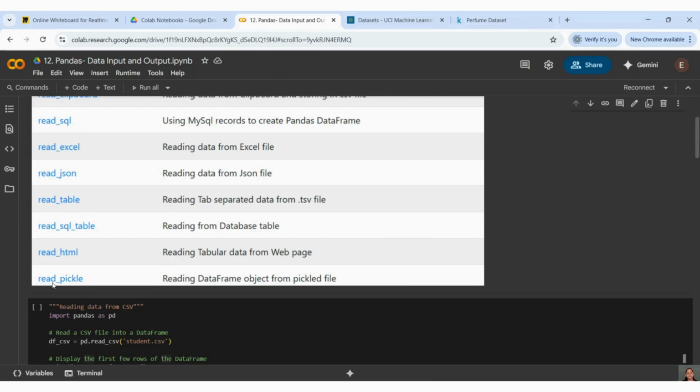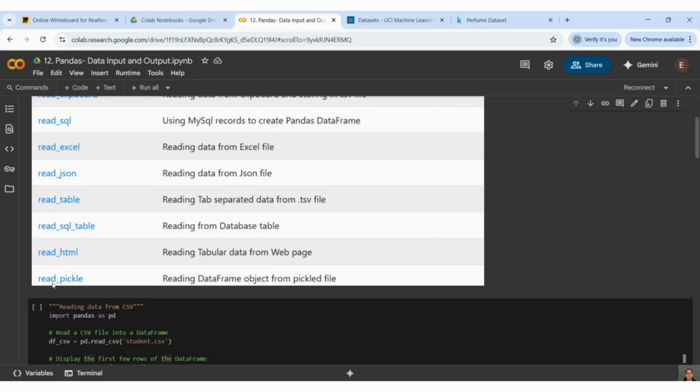Pickle, guys, I told you, is one format for saving machine learning output. Once the machine is trained properly, after every algorithm and everything is done, you can save that as a pickle file.